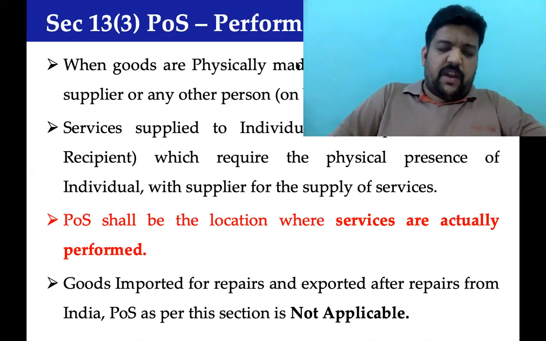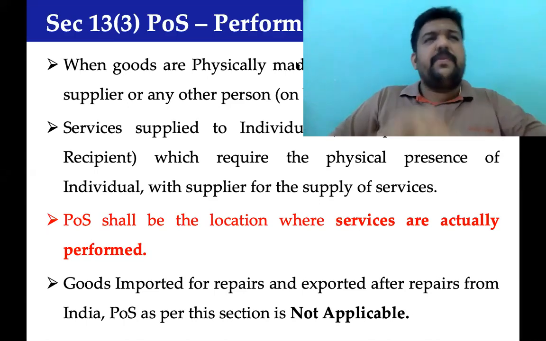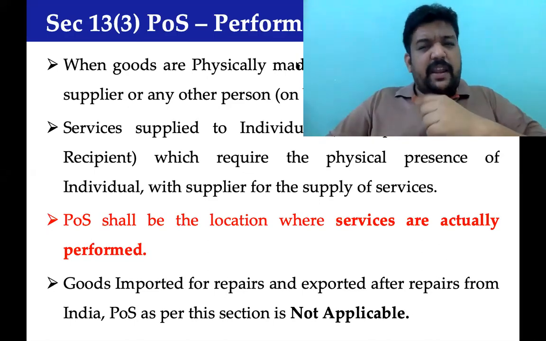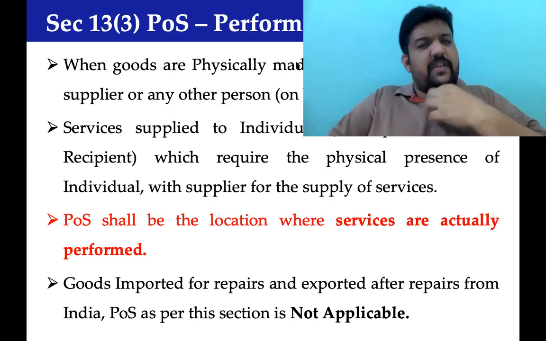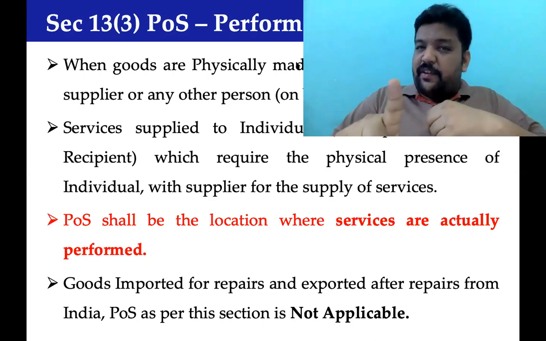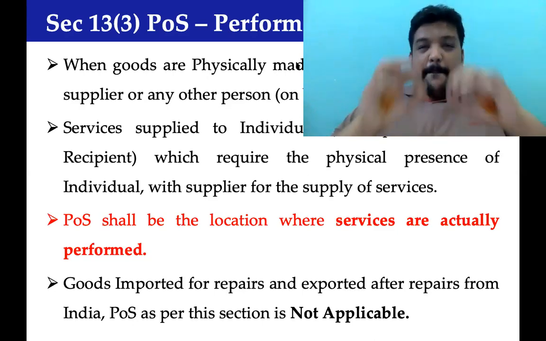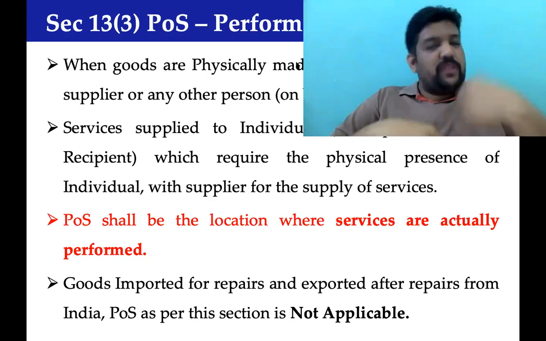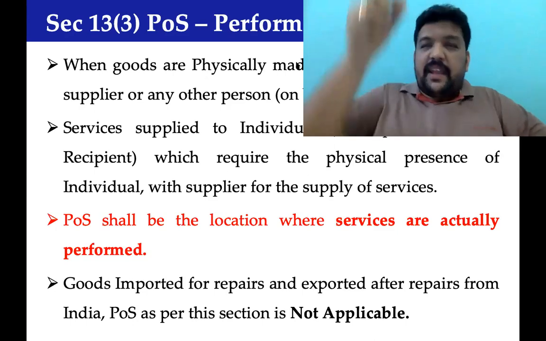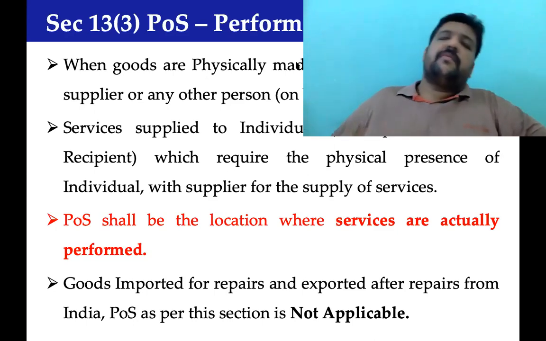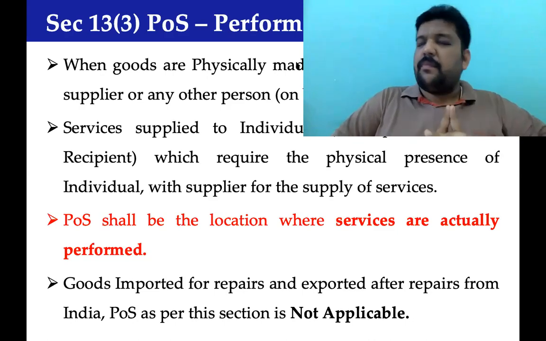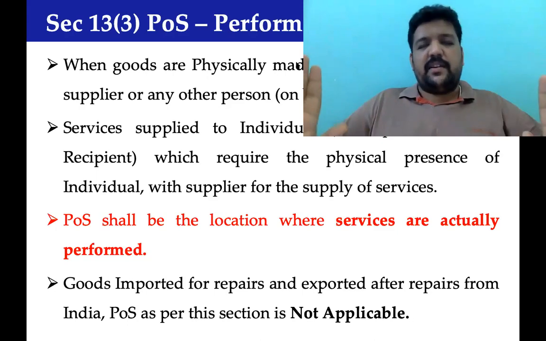So technocrats from Chennai went to Dubai and inspected the mission. By the time the mission reached Dubai, customs duty was paid, and it went to the factories of the respective company. That Dubai company is a recipient of goods, and makes available the goods either to the supplier or to any other person authorized by the supplier, the place where the services are performed. Where the services are performed, Dubai will become the place of service. Just a very simple entry, don't complicate it.